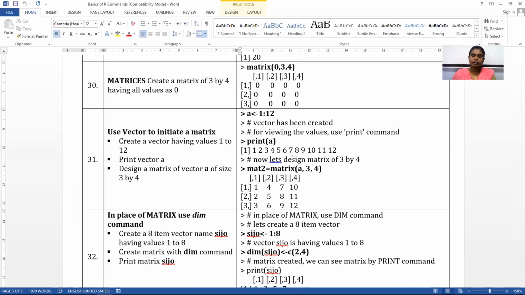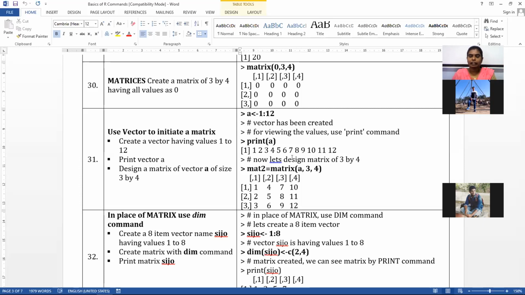It means the sequence of values from 1 to 12 is created and assigned to A. What is the starting index of A? Is it 0 or 1? One, exactly. So we have an array which starts with index 1. Totally we have 12 values, so indices 1 to 12.